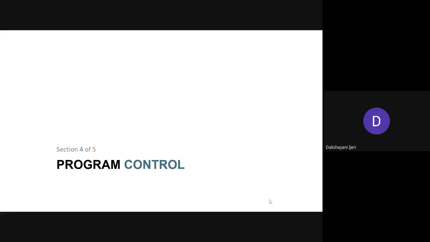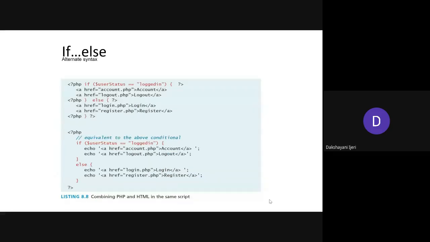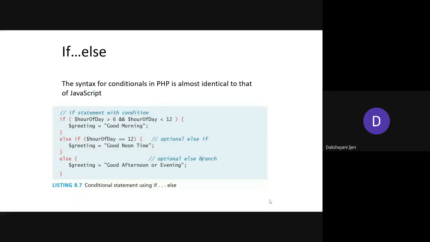Okay, coming to the next concept, program control. In today's class we are going to discuss the various control statements, right? The control statements given as a choice in PHP are if statements, if else if ladder statements, and also the switch statement. Correct. The keyword used for writing the if statement is if itself, and the keyword used for else if is the complete word else, followed by a space, if, and followed by the condition.